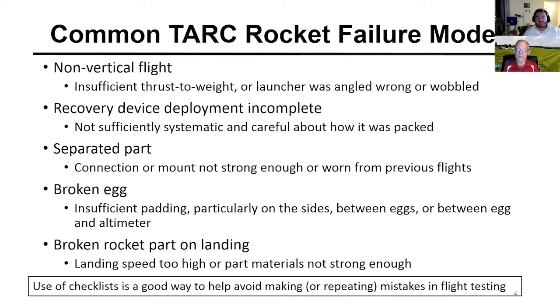First and foremost, the way to make sure that you avoid failure modes is to have a checklist to make sure that you aren't making the mistakes that lead to failure modes. That checklist will become longer with your experience. So you'll start with a short one, things will happen, and you'll add things to the checklist so that they don't happen again. Otherwise, you'll repeat mistakes through ignorance.